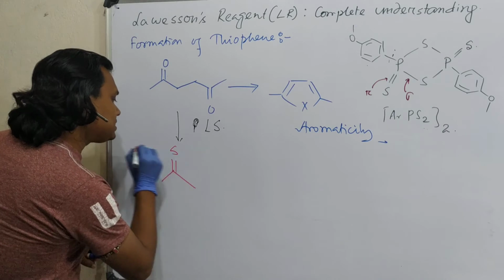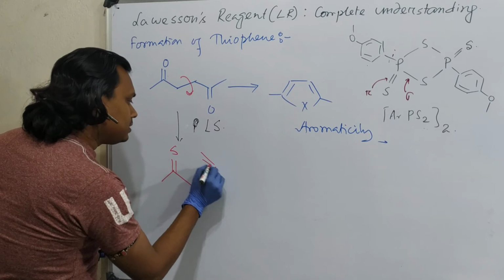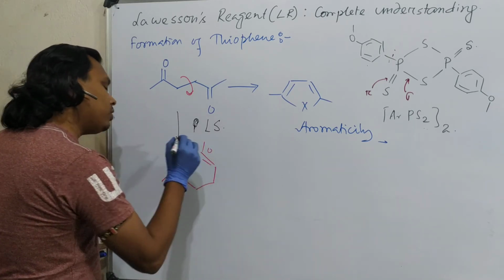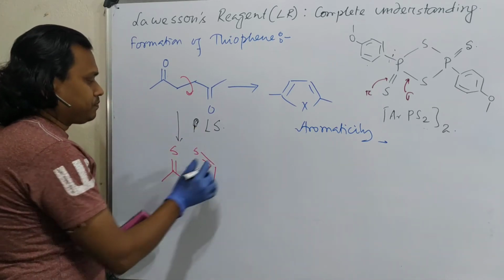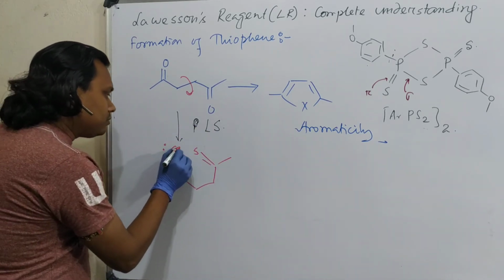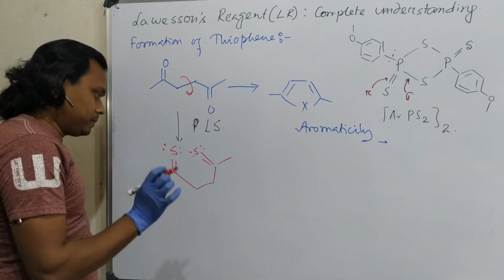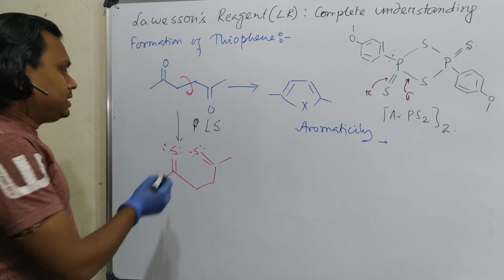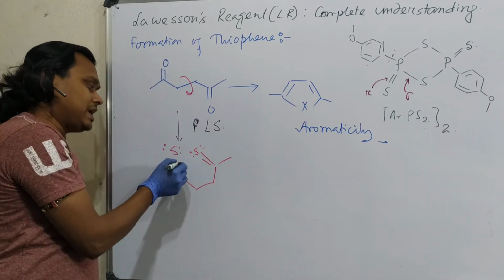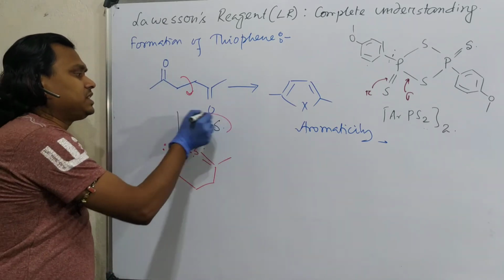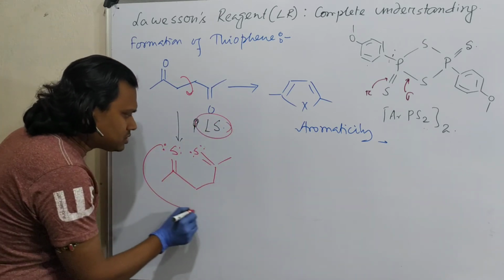It will result in this, and this C-C rotation is possible. So you can consider S, or it could be oxygen, both possible. Just for your better understanding, I am saying this. So what will happen? See, this is a selective reaction. By the way, this carbon-sulfur double bond is also not stable. Previously the carbon-oxygen double bond was there, right now carbon-sulfur. But based on this specifically designed reagent, Lawesson's reagent, you made this reaction, but it is not that stable. So what happened? This goes and attacks.